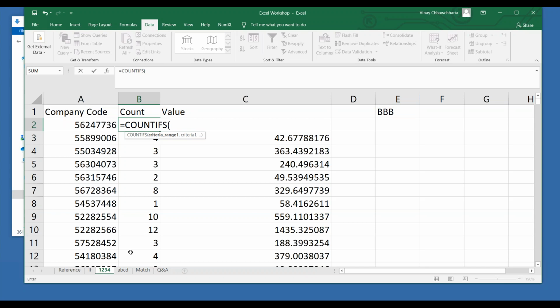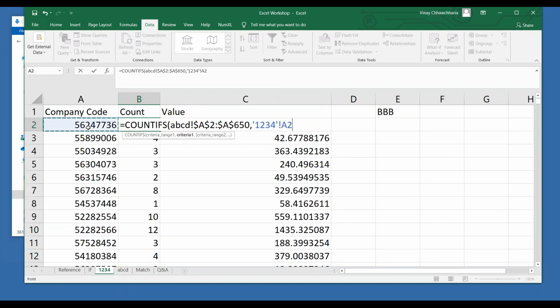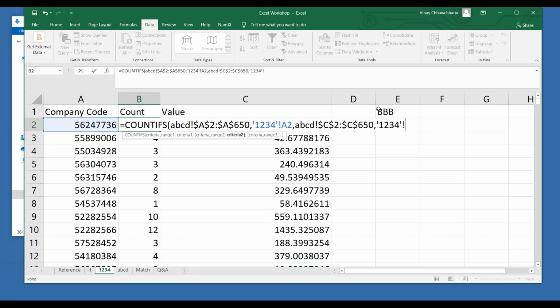What is criteria range 1? The criteria range 1, let's say it still remains the same. Comma. In the 1, 2, 3, 4 sheet, this is your criteria. Here there will be no dollars. Now what is your second criteria range? You want to do the count where the rating is triple B. Where are the ratings? These are your ratings. Again F4, comma. So on which rating do you have to do it? You have to do it on this rating. Now here be careful, because there is one single rating on which you have to do the count.